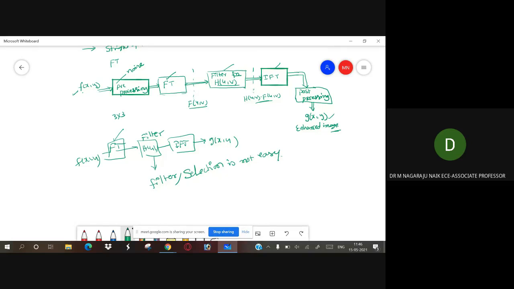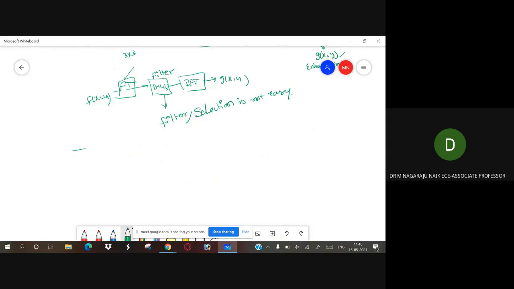Okay, now the first one we are discussing is low pass filtering.